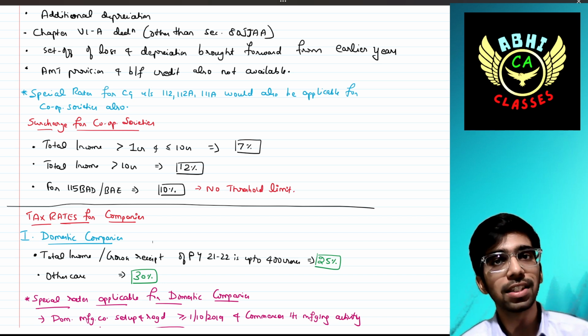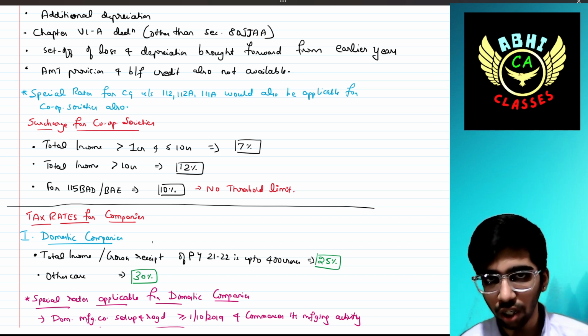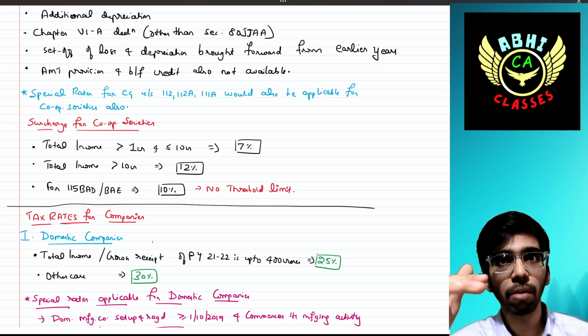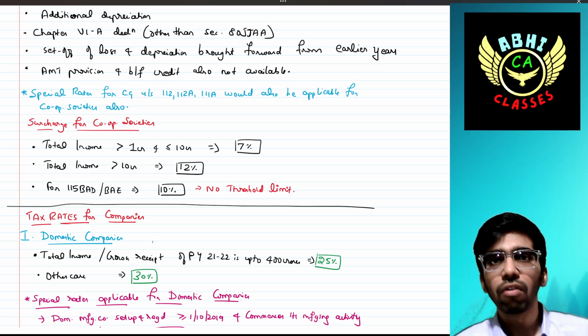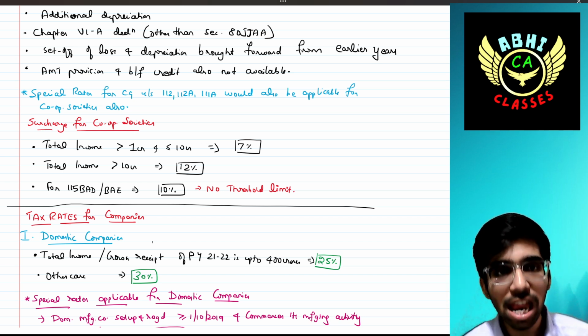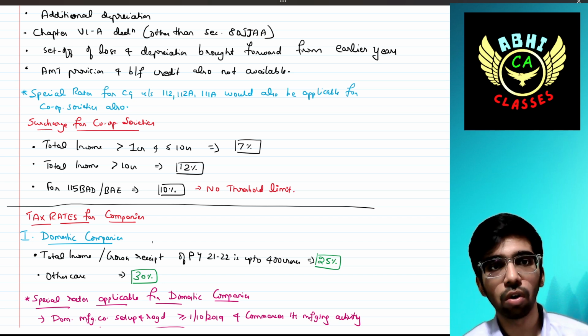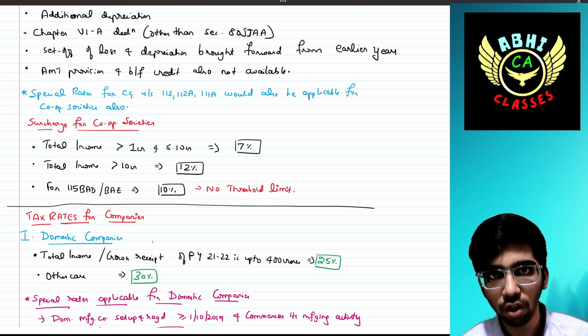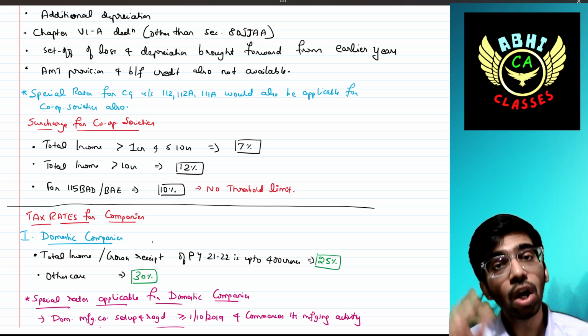Next, if total income is exceeding 10 crore, then the surcharge rate is 12% on the tax amount. The first 7% you need not calculate once again. It is a flat 12% on the tax amount if the cooperative society's income is more than 10 crore. Next, if the cooperative society is opting for the special rate of tax regime, that is 115BAD, 115BAE,